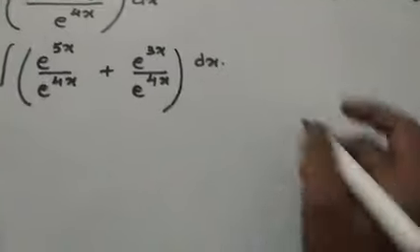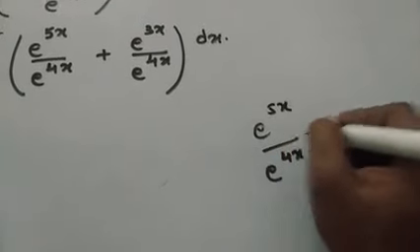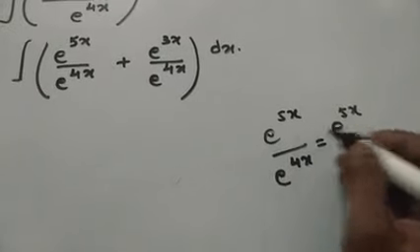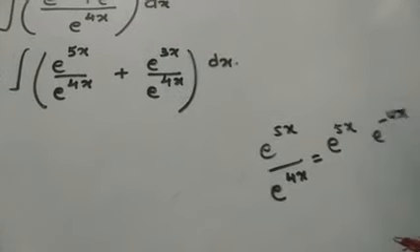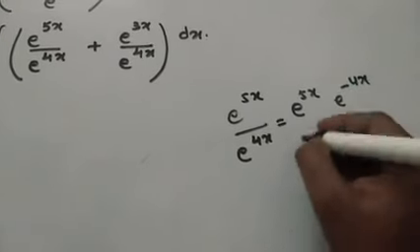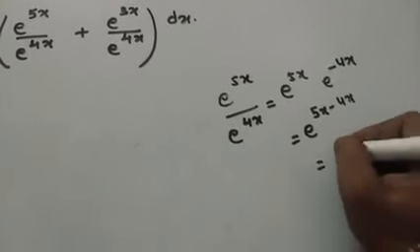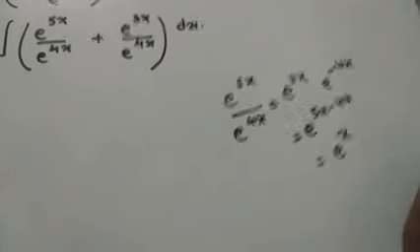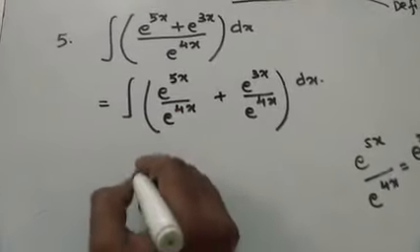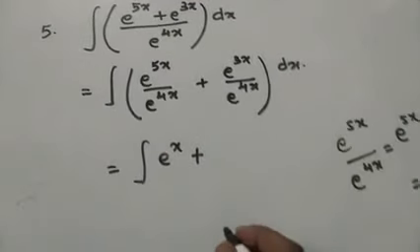Now e to the power 5x by e to the power 4x. Now we know that if we take any term from the denominator to the numerator, the power becomes minus. Multiplication, base same, powers add, that is 5x minus 4x, that is simply x. 5 minus 4 is 1. So instead of this term we are going to write integration over e to the power x plus, now for this one,